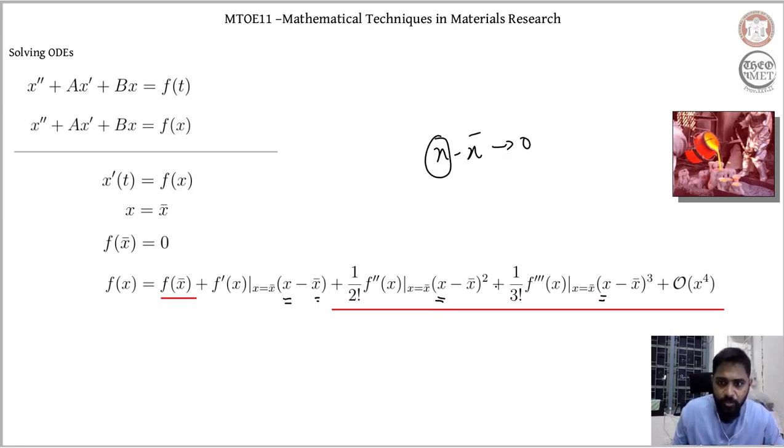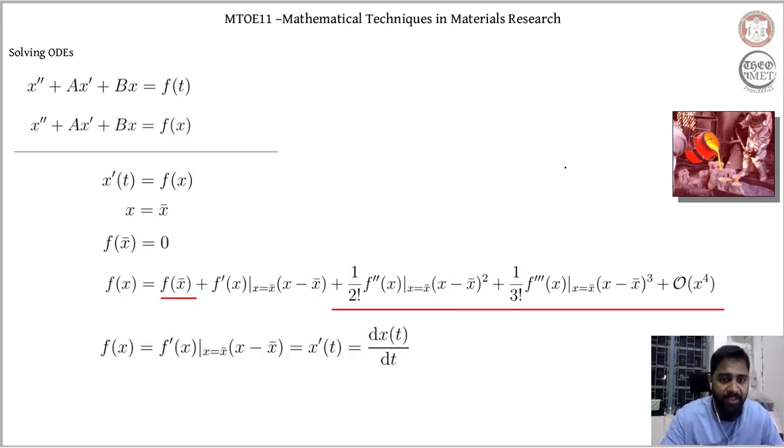So when I take the square of it, the cube of it, and raise it to the power of 4, this tends more and more close to 0. So I can altogether ignore all the higher order terms. I can ignore my f of x bar because it is equal to 0. I can ignore my higher order terms because x minus x bar is close to 0. I am considering my x, which is the position of my atoms, close to my x bar, wherein the momentum is 0. When I do that, I end up having an expression something like this,